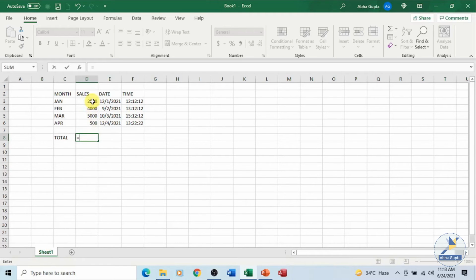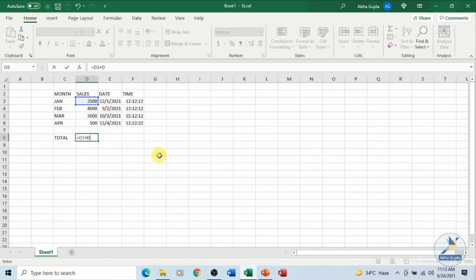One method is you can write 2500 plus 4000 plus 5000 plus 500, or you can include these cell references. So this is the first one, D3. The moment you click, you can see it has been entered over here. Place a plus sign. The next one I want is D4.